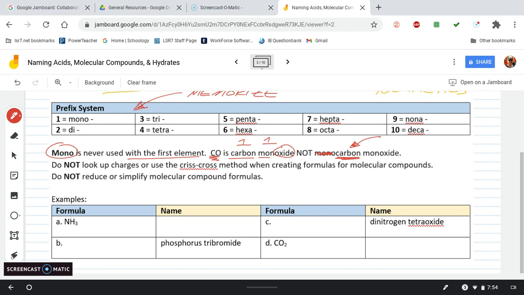Wakes you up if you've got a fire, so you don't suffocate in your sleep. So it's very important to have those carbon monoxide detectors, but it's not monocarbon monoxide because we don't use mono